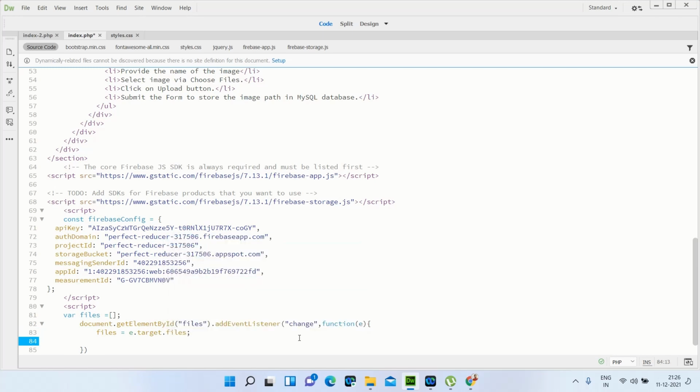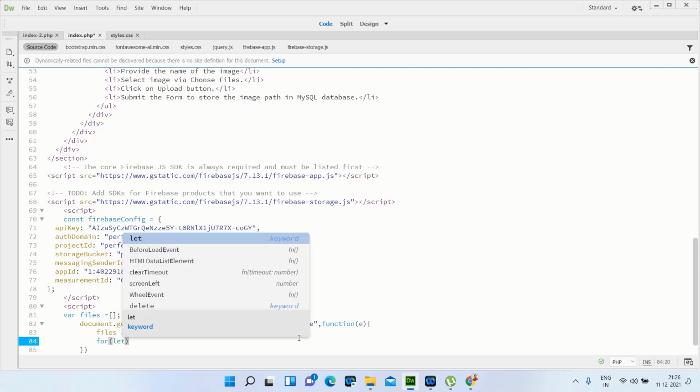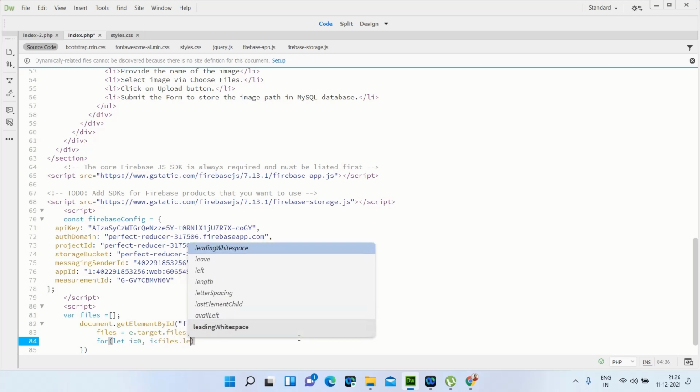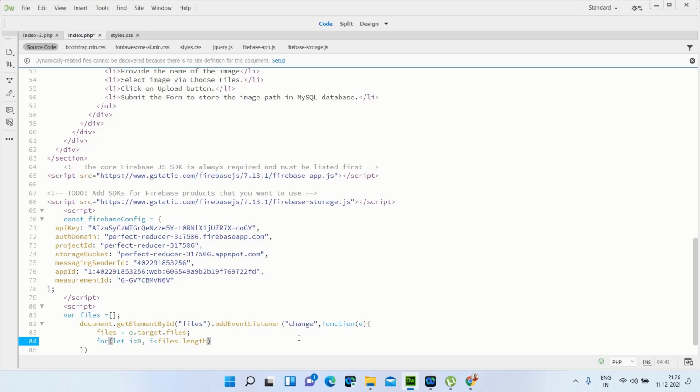After that we need to start the for loop. So start the for loop here, and let i is equal to 0, and i less than files dot length, i plus plus.